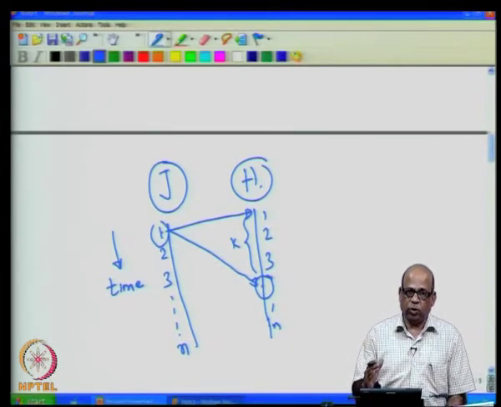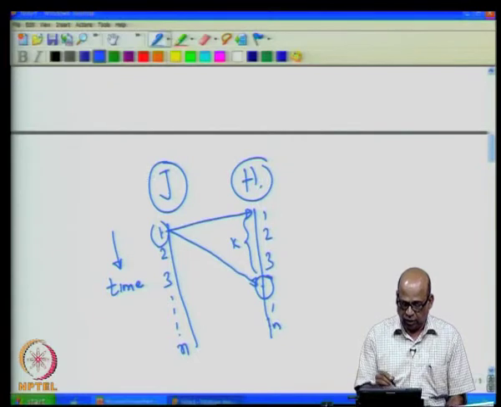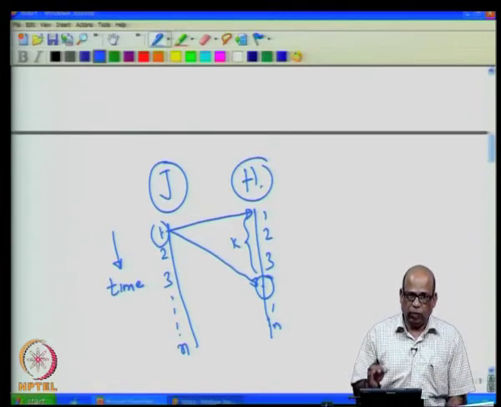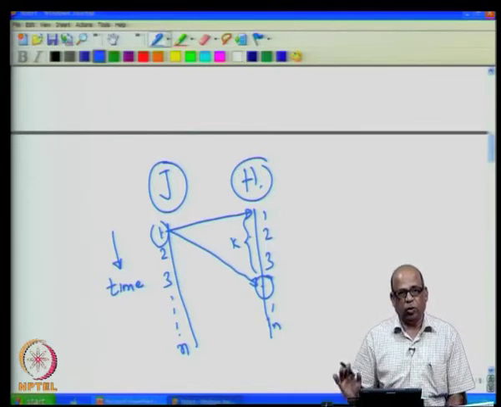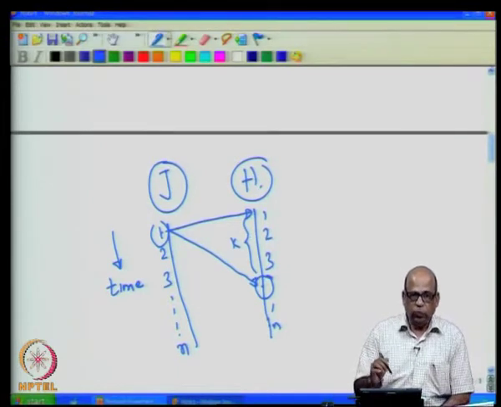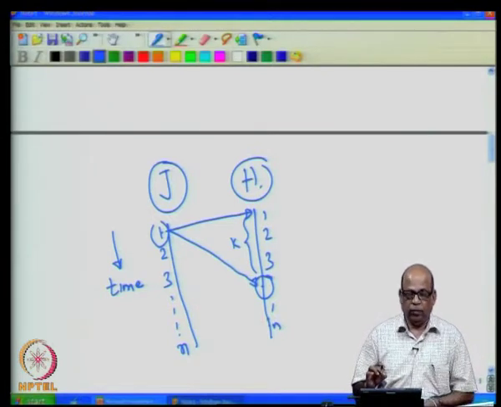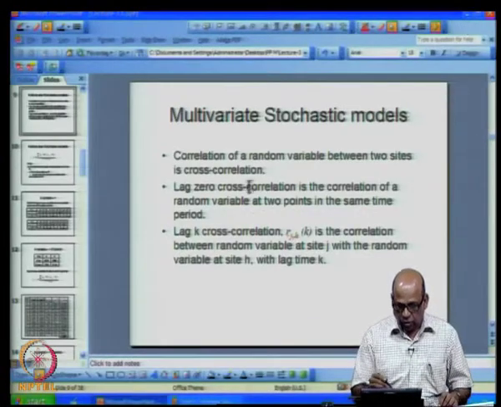In general, when we talk about cross correlations, lag 0 is what is implied. So, we are talking about this as cross correlation. Cross correlation between x j and x h is simply computed at the same time. But we are now introducing a concept of cross correlation at lag k, and when k is equal to 0, this is what we mean, that is simply the cross correlation. So, we use this concept now and introduce in the models the cross correlation at lag k when we are generating the data. So, that is what we mean.